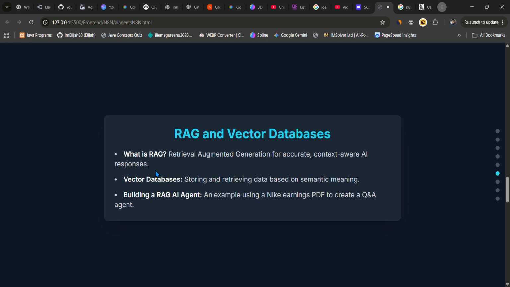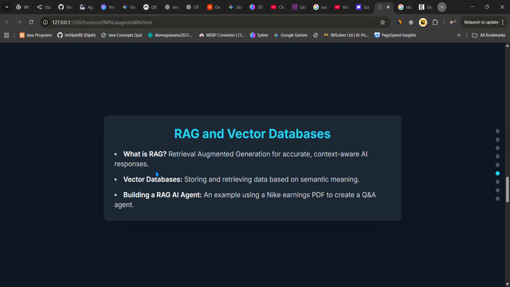Otherwise, it's not working. Any RAG system has a vector database because of the way it stores information. So a practical example is provided showing how to build a RAG AI agent that can answer questions about Nike's earnings PDF. Inside this masterclass, obviously you will find that.